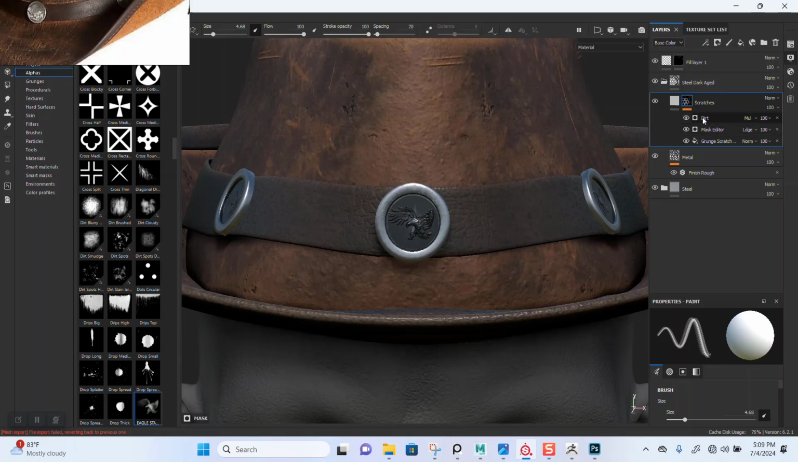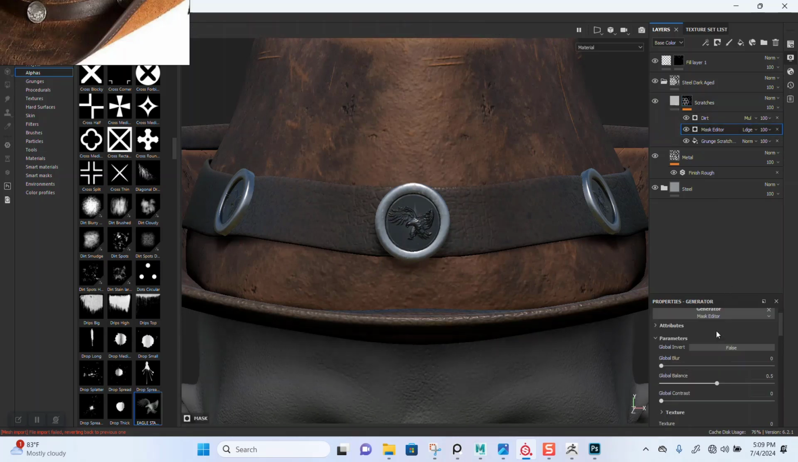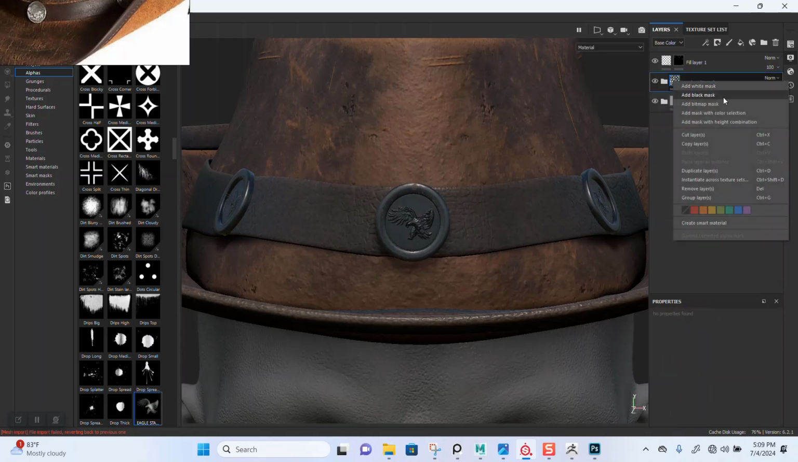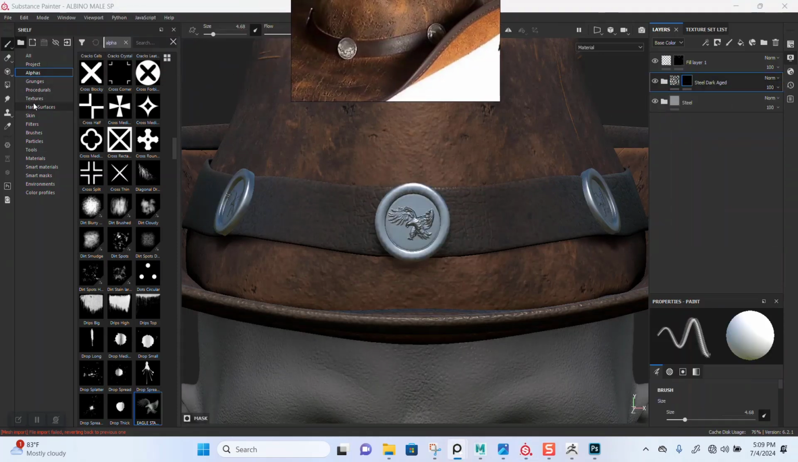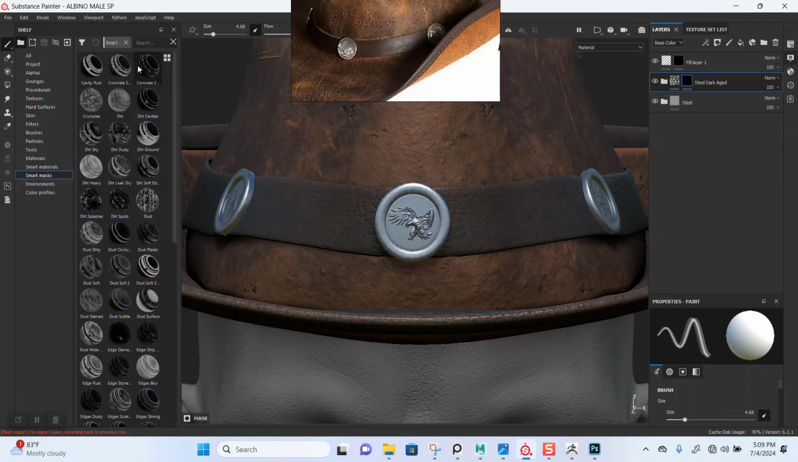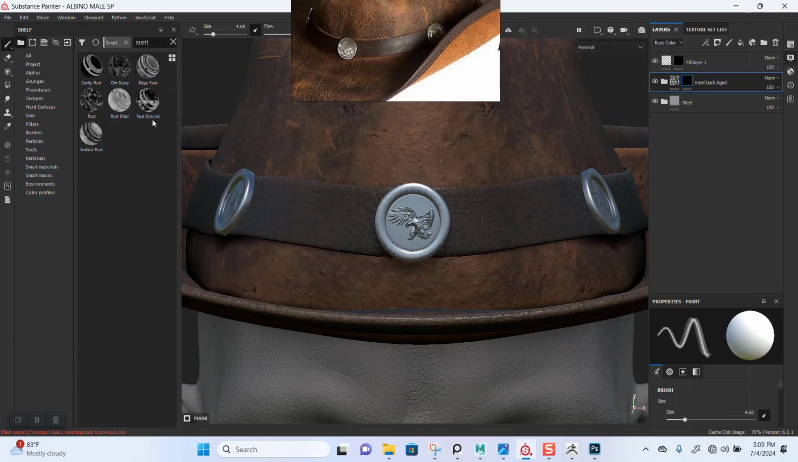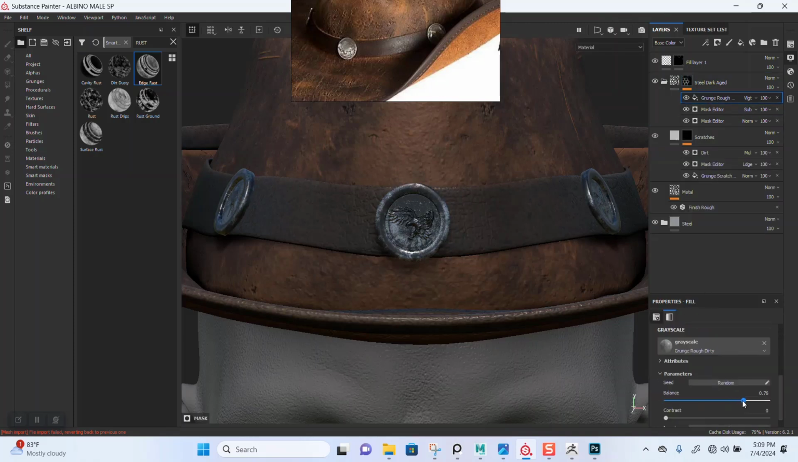I think under this mask editor, get something like this. Now add the black marks to this, and I'm going to use a smart mask. Let's use something rust. Let's use edge rust. Then we'll go in there. Now the grunge, let's increase the